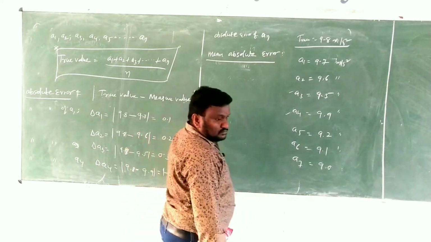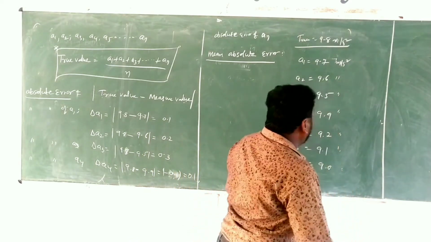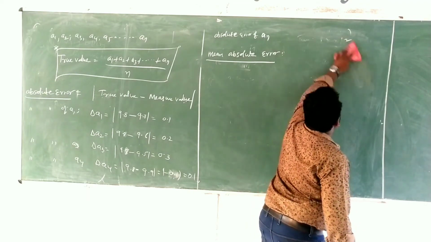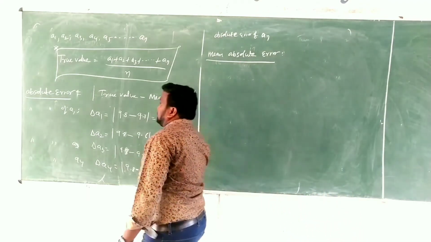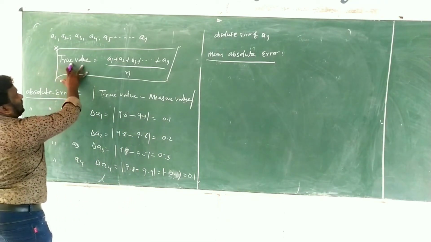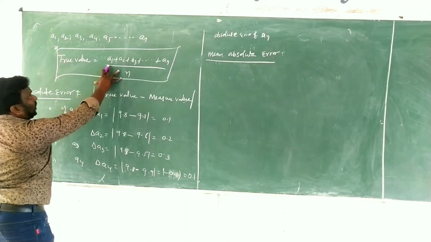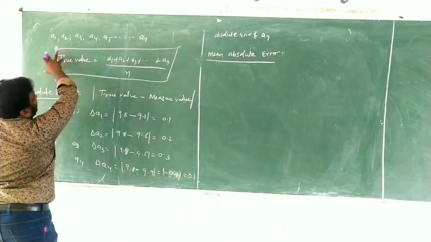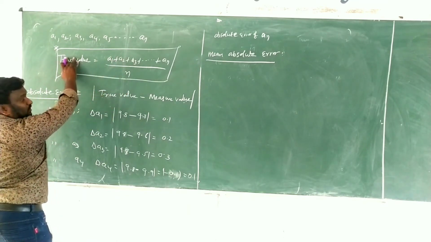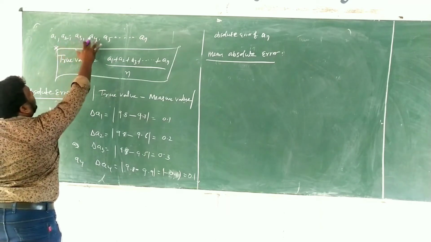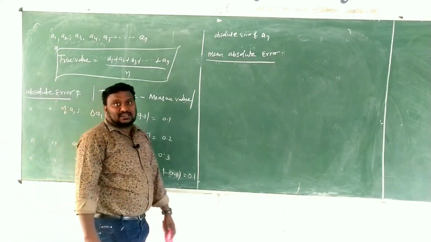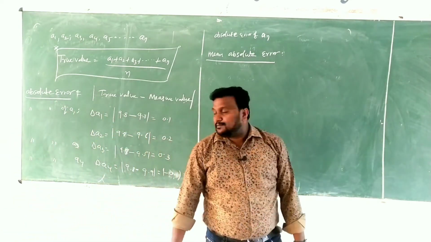Children, mean absolute error. Look here, children. Absolute error, true value. What is true value? Mean of all measured values. The average of all measured values is what we call the true value. In the same manner, I already explained that